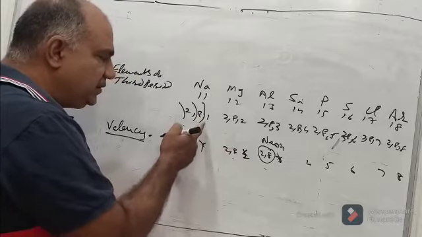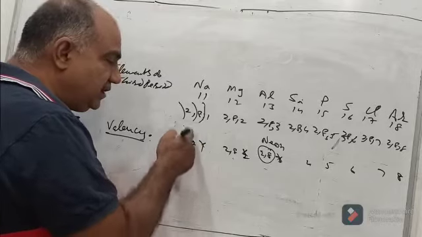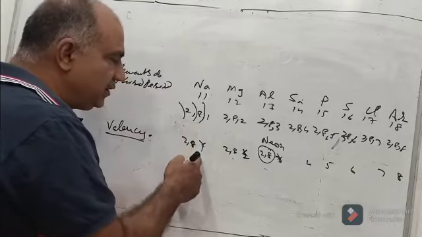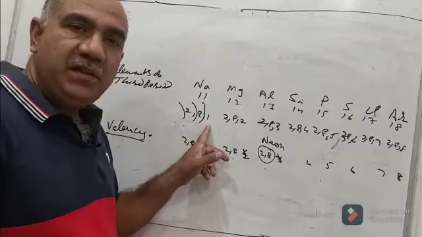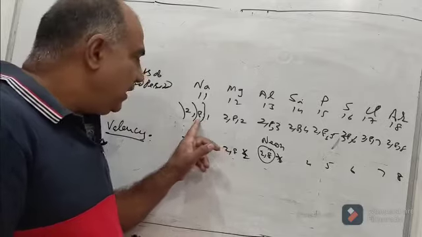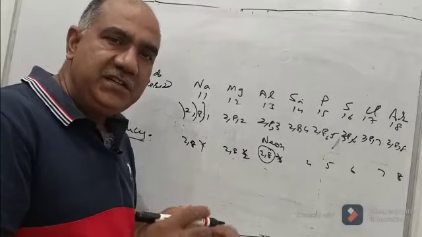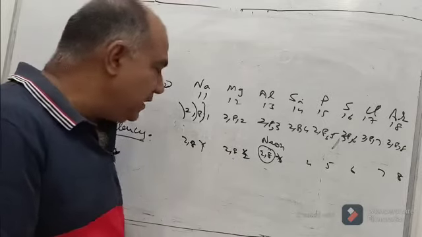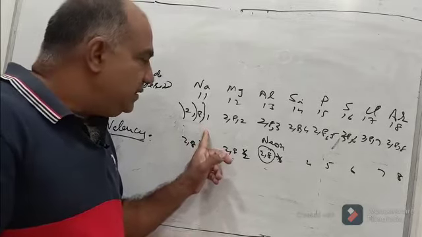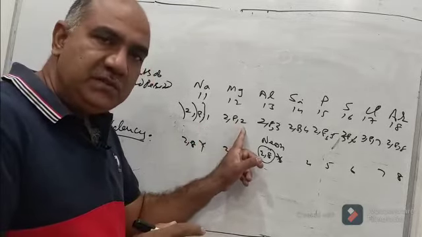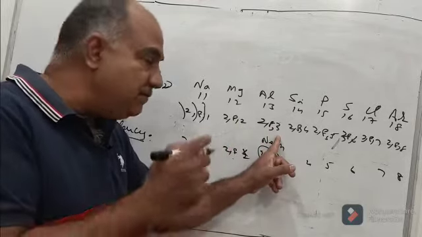So, valency of sodium is 1, because for completing its octet in the second orbit, it has to lose 1 electron. See, this could complete octet in 2 ways. One is by gaining 7 electrons, or one is by losing 1 electron and completing the octet in the second orbit. So, because of the energy considerations that subsequently we will see in a different class, it is easy for this to lose an electron rather than gaining 7. Similarly, it is easy for this to lose 2 electrons rather than gaining 6. It is easy for this to lose 3 electrons rather than gaining 5.